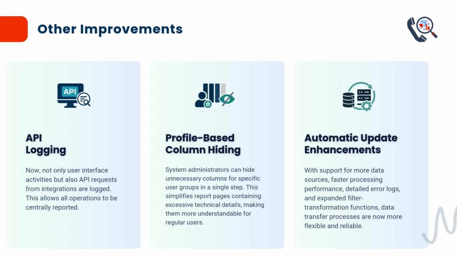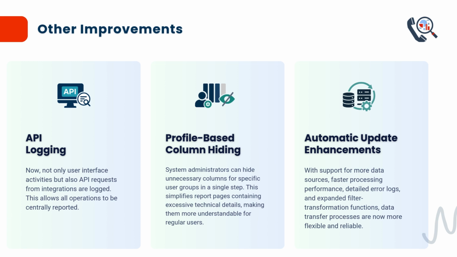One of the strongest aspects of Communication Suite is its ability to integrate with internal applications through APIs. In many organizations, Communication Suite works alongside banking applications, accounting systems, and hotel PMS applications to automate data flow and increase operational efficiency. In the new version, not only are user interface activities logged, but API activities are also logged and presented to system administrators through API reports. Logging and reporting API activity is not only very important for data security but also provides significant convenience for debugging